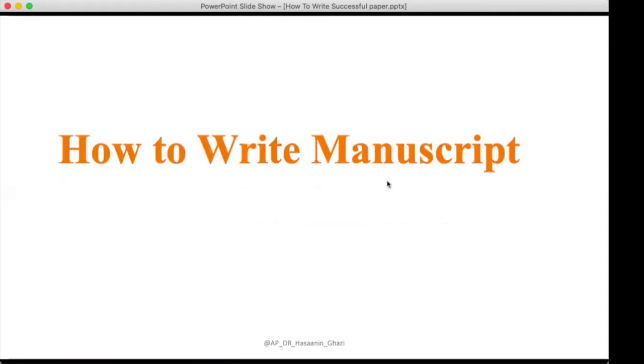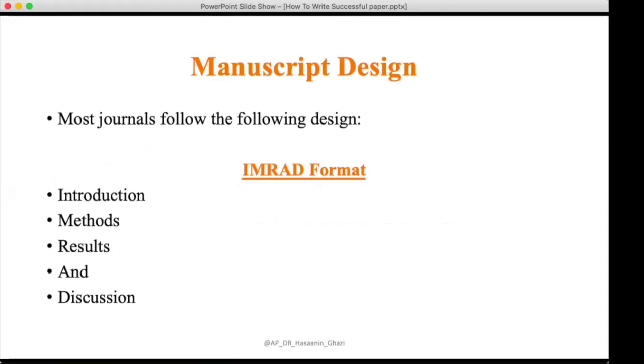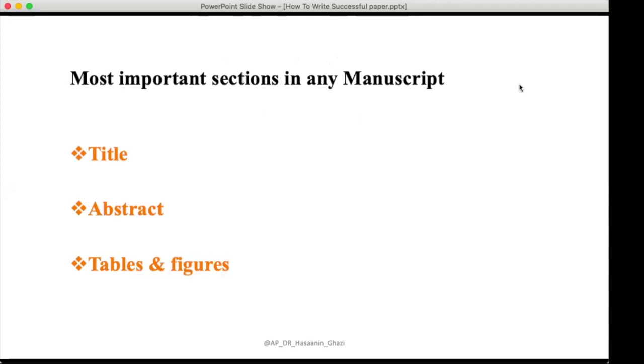Okay, so to write a successful paper, of course, you need to write the manuscript first. So how to write a manuscript? Of course, all of us know that most of the journals use the IMRAD format, which consists of introduction, method, result, and discussion. This is the usual format for the research article. We're not talking about review articles, we're talking about original research. And as you know, the most important section in any manuscript is